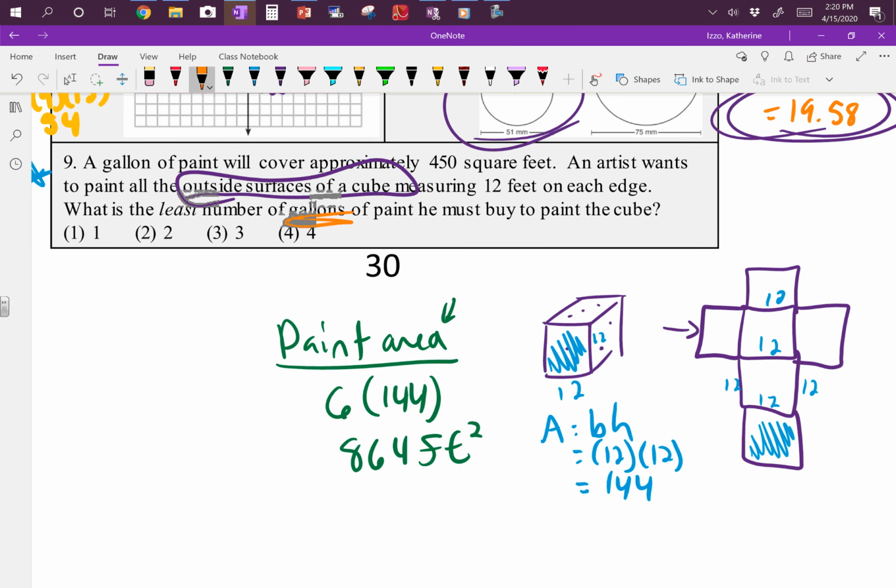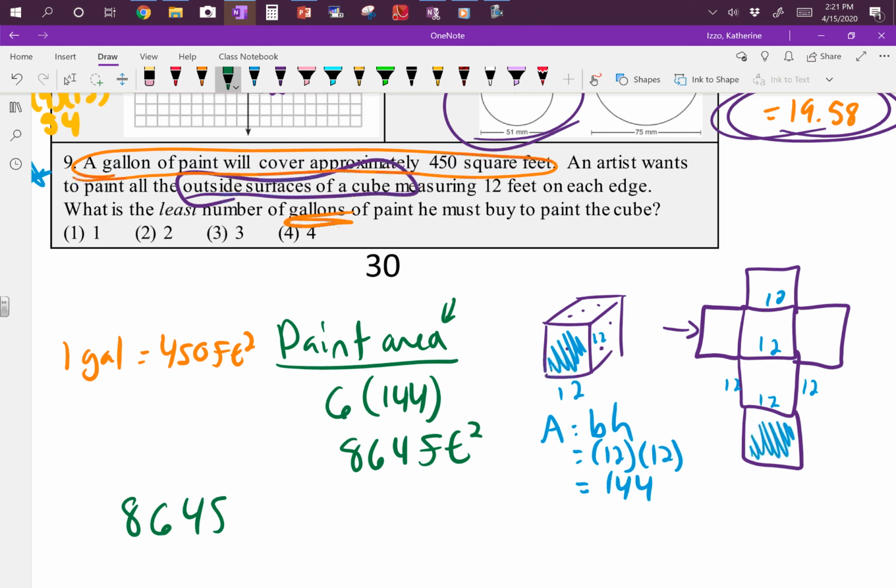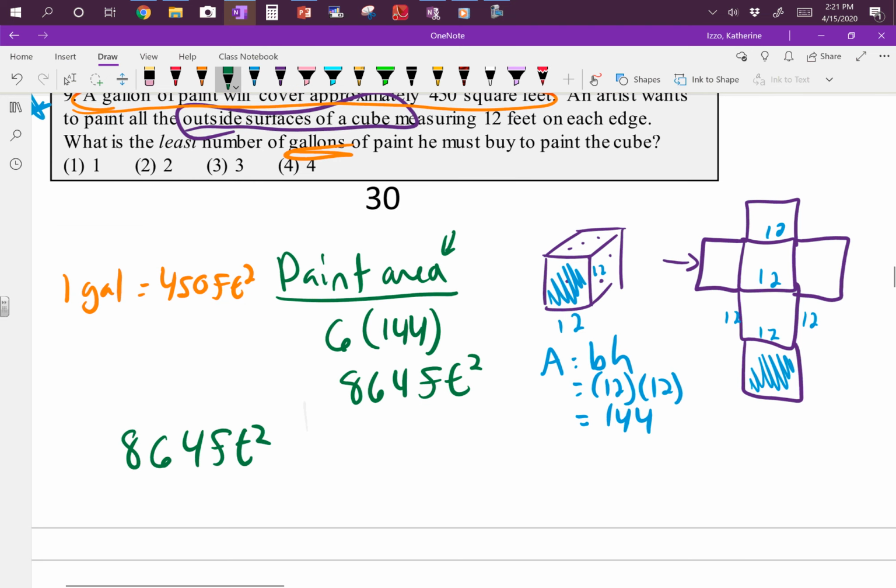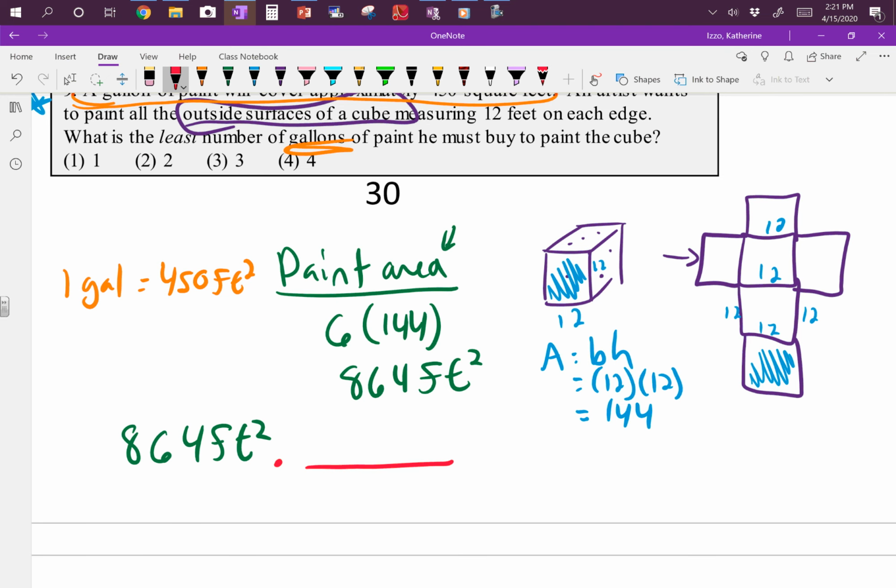There's got to be a conversion somewhere, and there it is. I skipped it up in the beginning. A gallon of paint will cover, so 1 gallon of paint equals 450 feet squared. So we're going to take that 864 feet squared, and we're going to do a conversion on it. We're going to use this conversion. Feet has to go on bottom because the feet squared then need to cancel out. 1 gallon goes on top. So we get